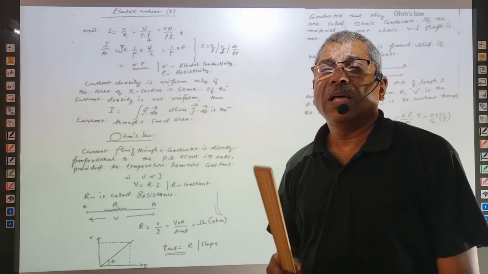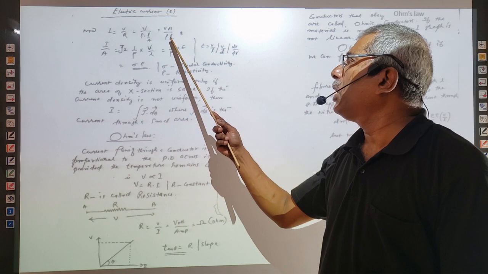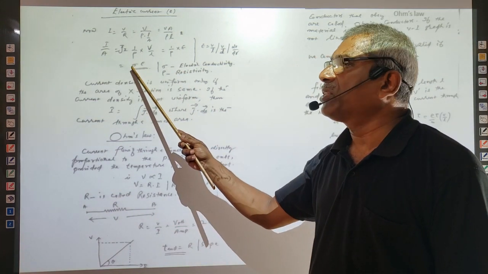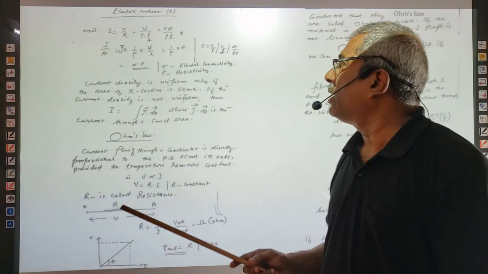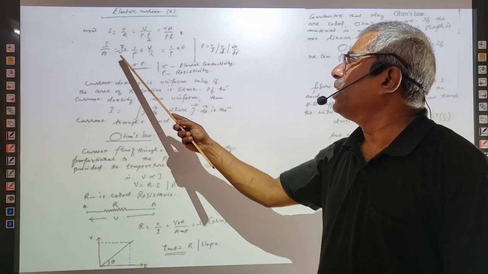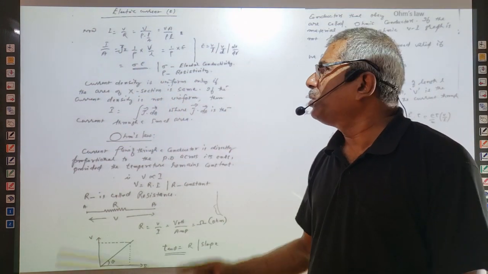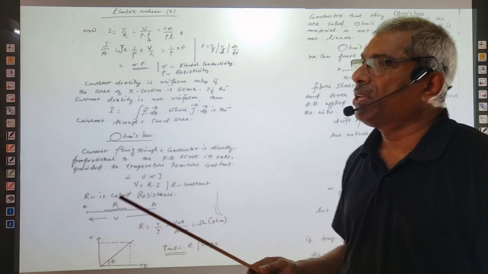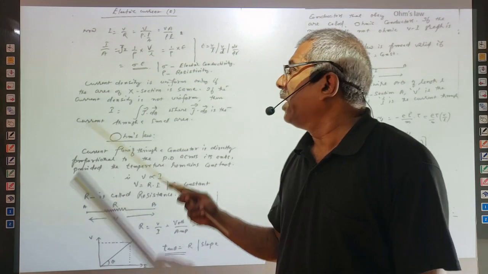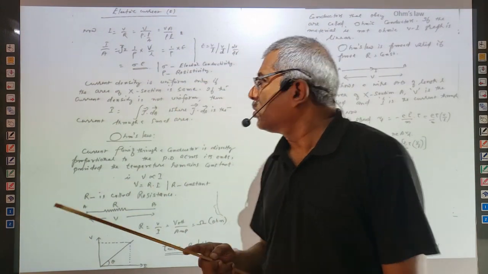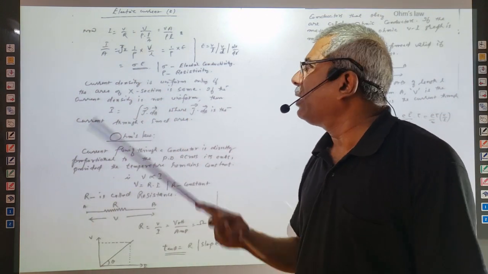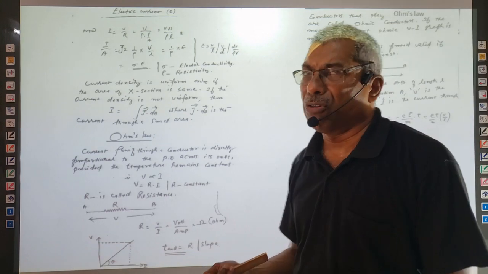rho is called resistivity. The reciprocal of resistivity is another term in physics, that is sigma. Sigma is called electrical conductivity. Am I correct? So J is equal to sigma into E. This is a very important formula because in the previous CBSE 12th class physics examination, a question related to this formula came. So I think it is a very important formula. J is equal to sigma into E, or E is equal to J by sigma also we can write.